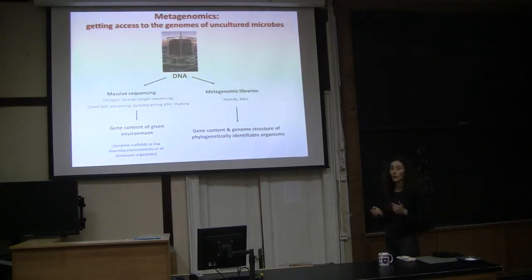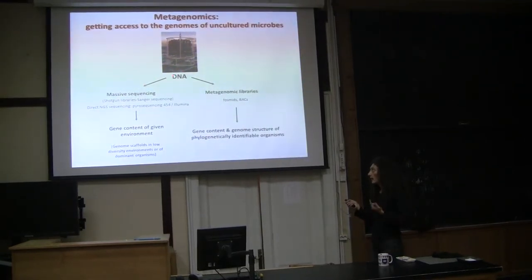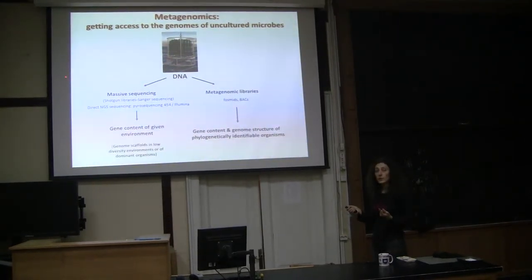Okay, so this example highlights the potential use of metagenomics to get access to the genomes of uncultured microorganisms. There are 2 possible ways to go when you do metagenomics. The idea is always the same, you analyze the genomes of a particular environment. So in this case, this would be deep sea water, for instance, that you can collect with this kind of Niskin bottles in rosettes, and then you extract the DNA of the fraction that you want, and then you have 2 possibilities. You can either do massive sequencing.